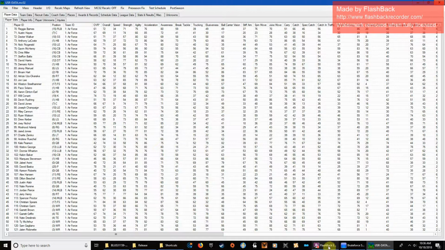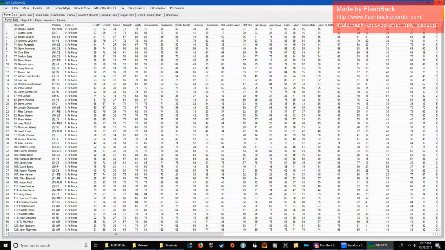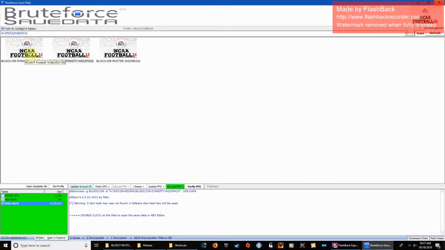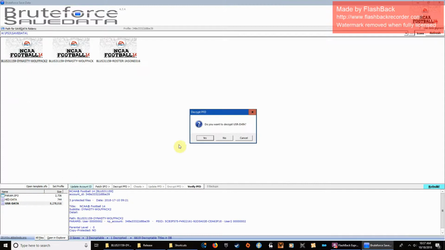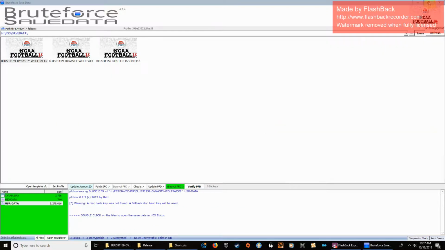Okay, I'm back. Edits are done, so the next thing you want to do is save. Close the editor. Rename your file again. Then you want to go back into brute force and decrypt your unedited file. Once that's decrypted,